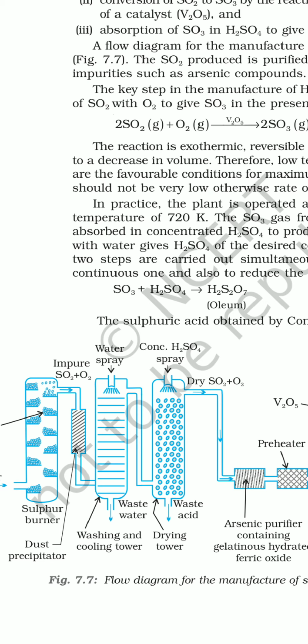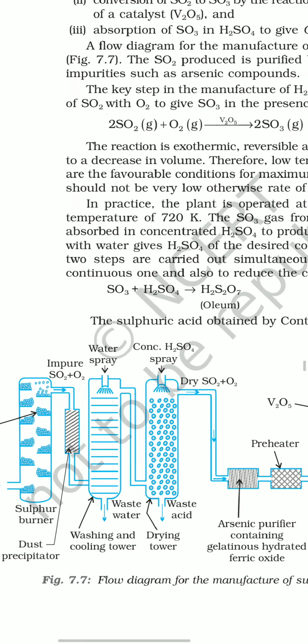Since they have been washed with water, they have moisture in them. So this moisture has to be removed. Now concentrated sulfuric acid is a dehydrating agent. So from the top of this tower, there is a spray of concentrated sulfuric acid. As these gases are rising up this tower, concentrated sulfuric acid is being sprayed. Now this acid absorbs the moisture which is present in the gas, and the gas which is free of moisture comes out from the upper end of the tower, the gases are now dry.